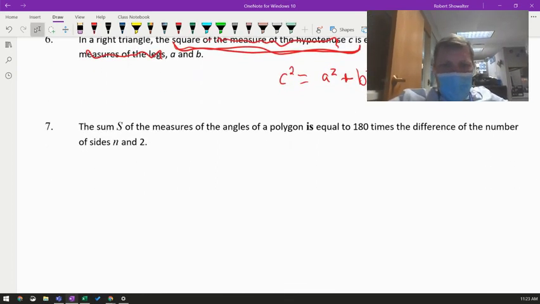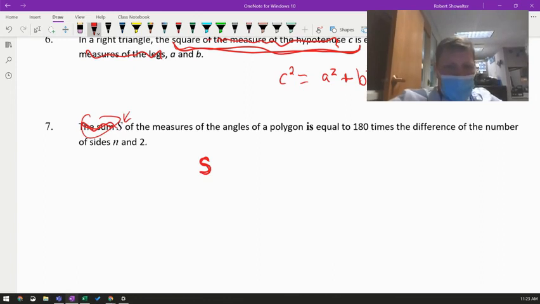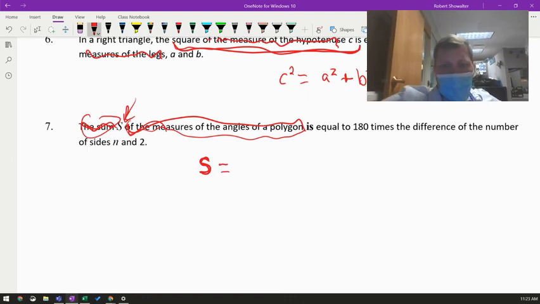The sum S of the measures of the angles of a polygon is equal to 180 times the difference of the number of the sides n and 2. Slow down. Too much stuff going on to read at once. The sum S. So that's the variable. We don't need this. We're not going to do any adding right now. Of the measures of the angle of the polygon. So this is all context associated to what S means, is equal to